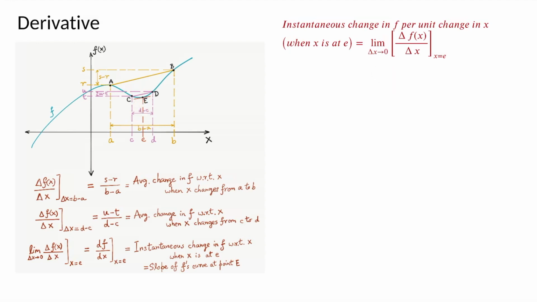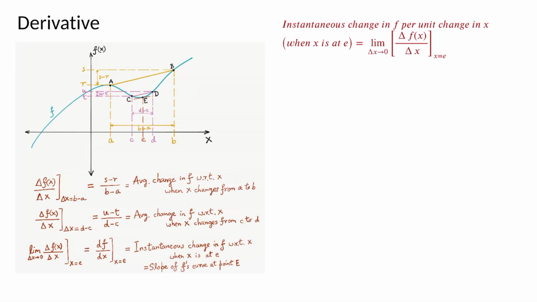So it is a limit of this quotient delta f by delta x, right? So the rate of change in f per unit rate of change in x while we are at x equal to e, and the limit of that as the delta x approaches 0, that is we are talking of very small change in x, and that is nothing but the slope of this tangent that we would draw on this curve at point x equal to e. So this boils down to finding the slope of the tangent. So how do we do that?